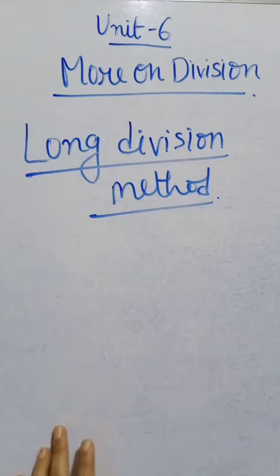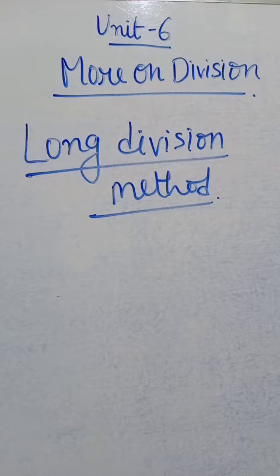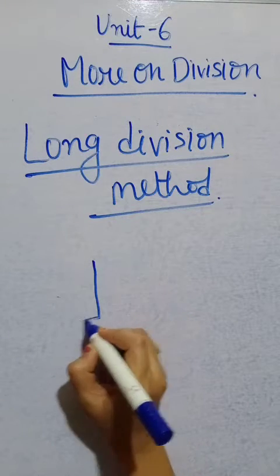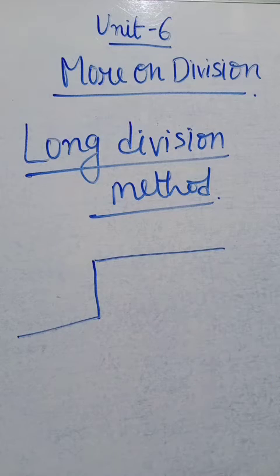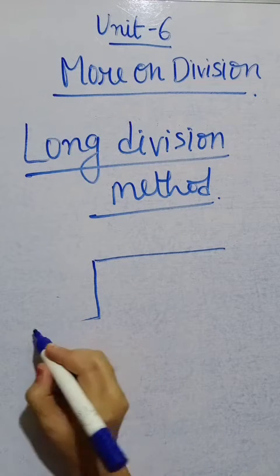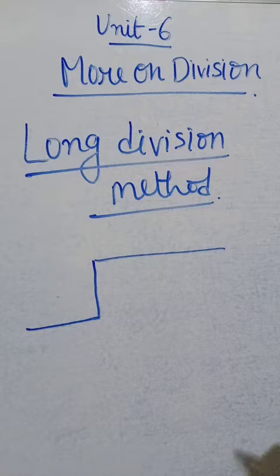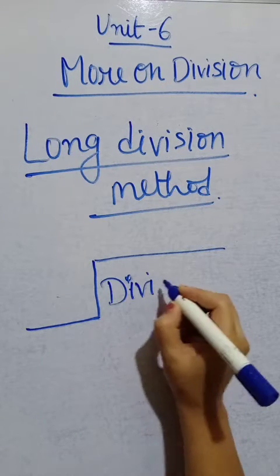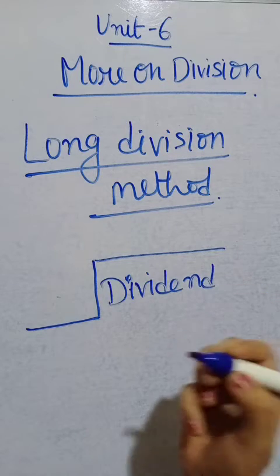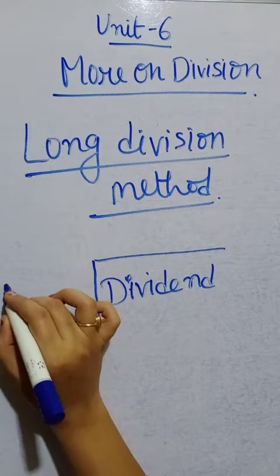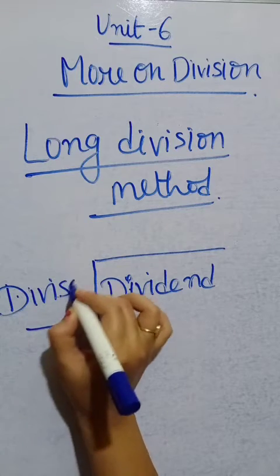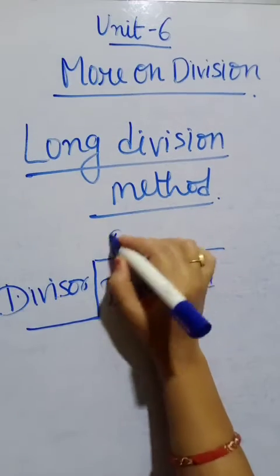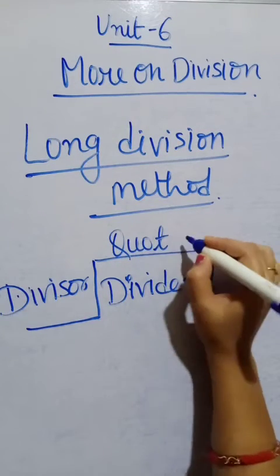What is this long division method? You can show the division in this form. You have to make columns like this, and inside this column the dividend will be there, and then on the left side the divisor will be there. And whatever your answer will be, that will be the quotient that you have to write on the upper side